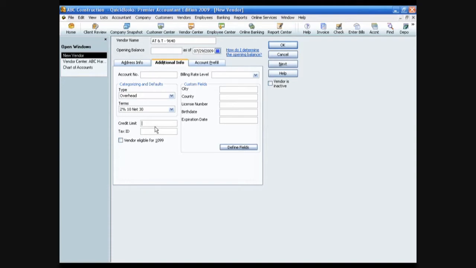If you have a credit limit, you can put in a credit limit there. I don't see this used too often, but for larger companies, it's good to put that in there. This area I want to spend a little time with. This is the tax ID number for 1099 vendors. Now, AT&T is not a 1099 vendor, but let's say this construction company has a subcontractor,